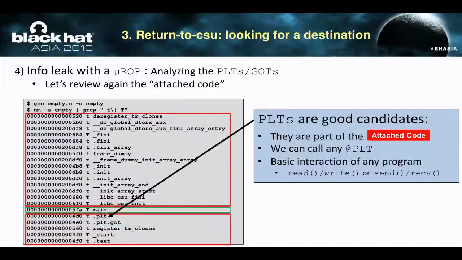It looks like a function call. Okay, PLTs are, as you can see, in the executable area, which means they are attached to the executable. And if we consider that a very basic application must have read, write, or send and receive, because otherwise there is no way to interact with the application, we can assume that either read, write, or send, receive will be there. These are just two examples, but some way to interact, because if we cannot interact, it's hard to exploit,